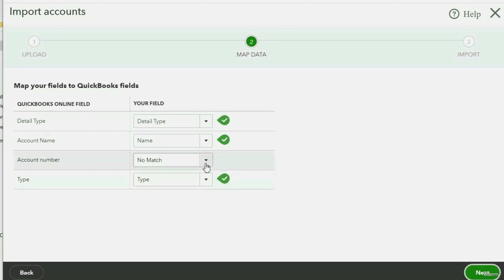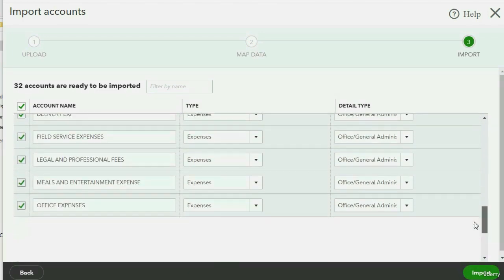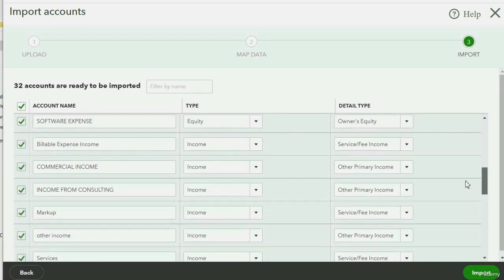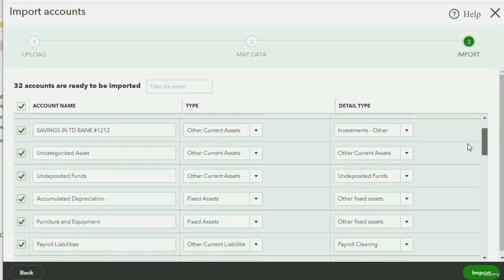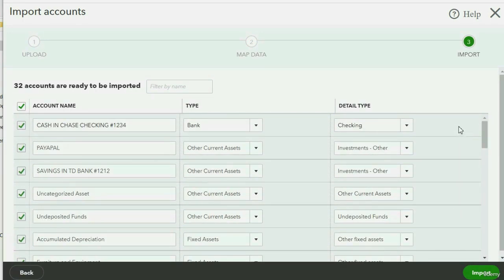But if they were not correct, you would have to click the pull down and remap them to the correct column. We then click Next, and you can see QuickBooks has properly identified each row as the name, type, and detail type of each of the accounts that we need to import. We then click Import,